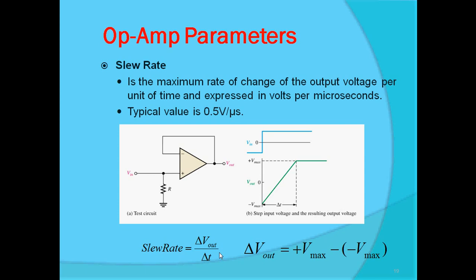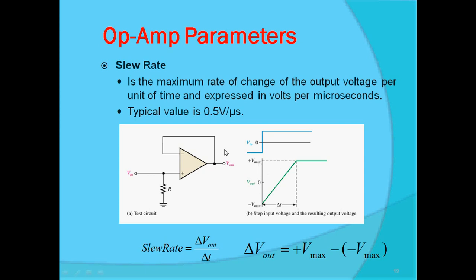This response of the op amp is called slew rate, and a typical value of slew rate is 0.5 volt per microsecond. From this circuit we can see that Vin is some voltage that we have provided, with a closed loop configuration with gain equal to 1. Vin will change from 0 to another state, and the output will vary from minus Vmax to plus Vmax,